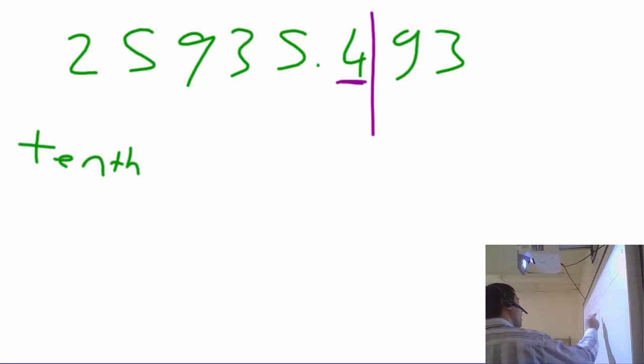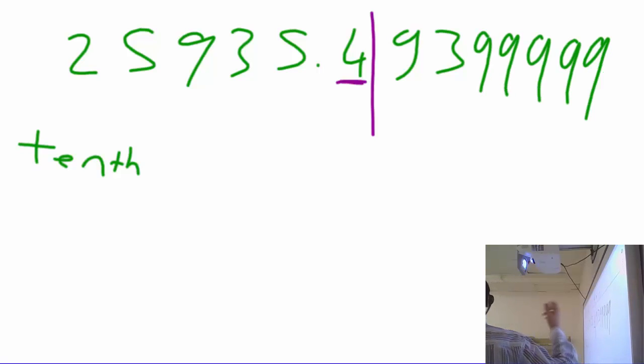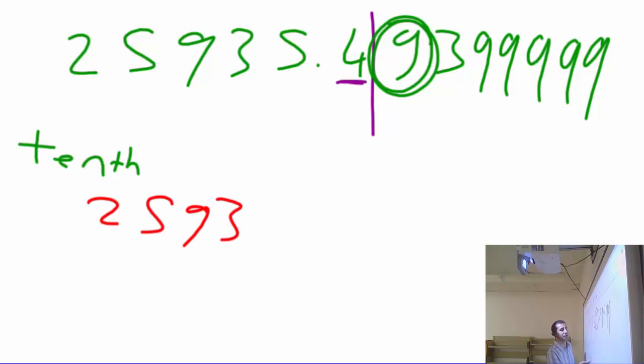Maybe at the rest you have 9, 9, 9, 9, 9 going, but it's not important in this case. You are looking at the first number in front of you, which is also 9. That is more than 5, so remember, you're going to go up. Your answer will be 25935 point, go 1 up,